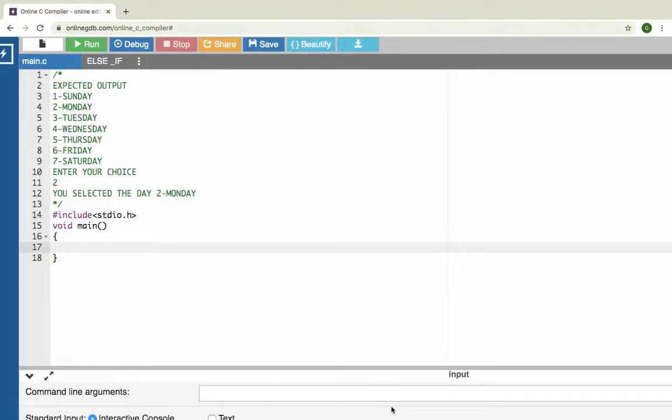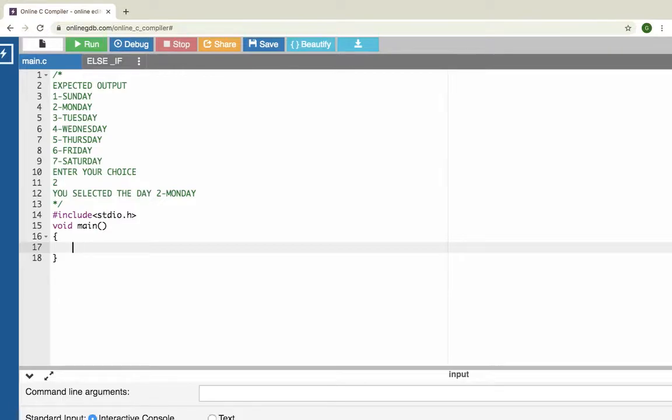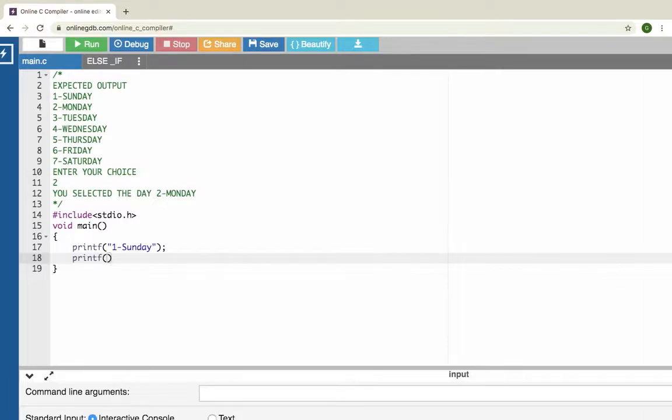Before doing this program, the first thing that you need is to print this menu on the screen. If you want to print anything on the screen, you have to go for the printf statement. So I'm going to print the menu there. The first menu that I'm going to print there is 1, written as Sunday. We know that in the printf statement, whatever you type inside the double quotes will be printed like that on the screen. So secondly I'll print